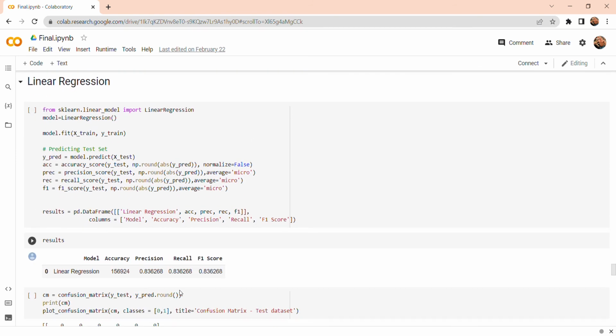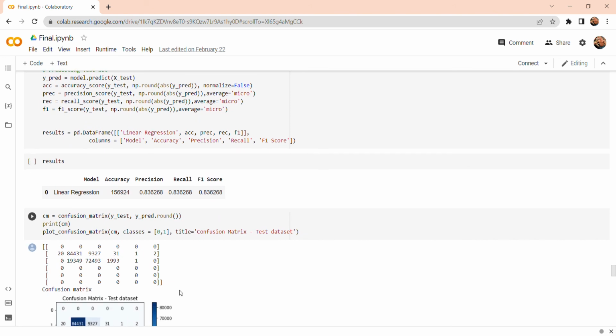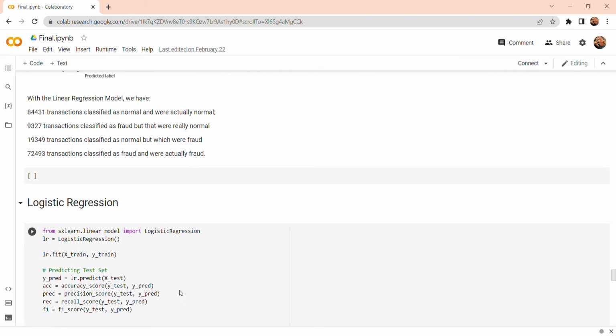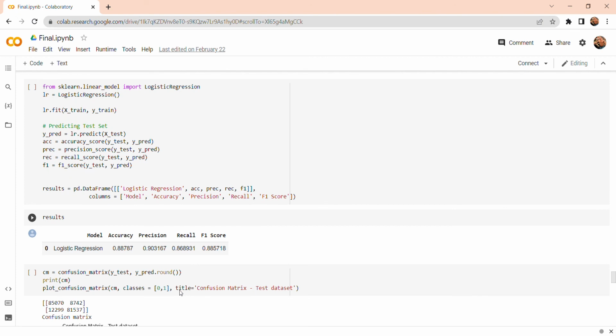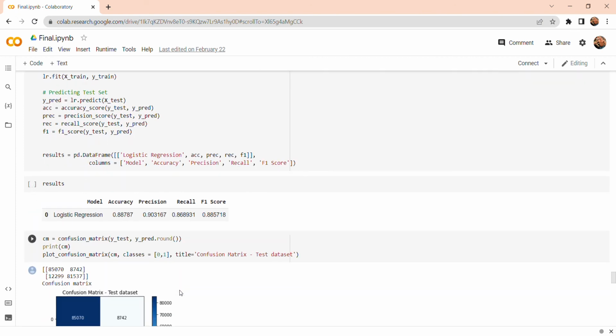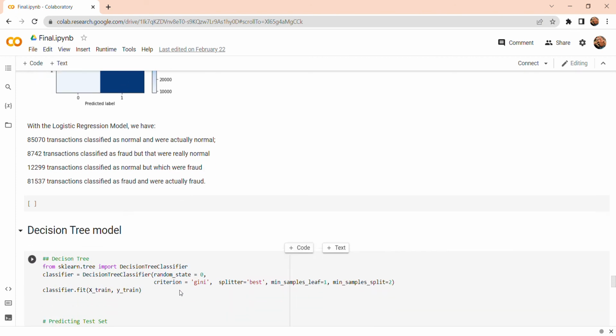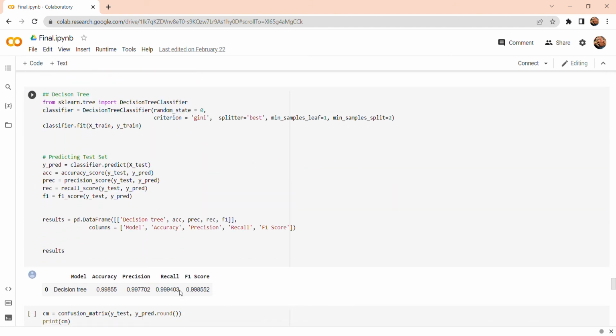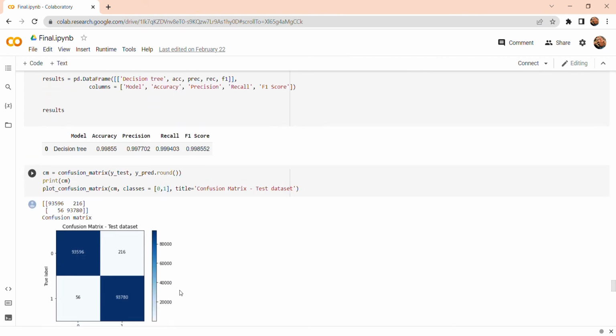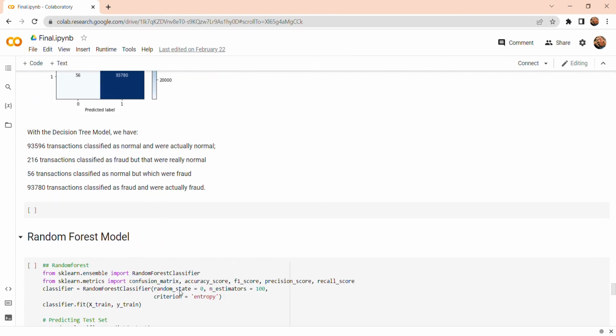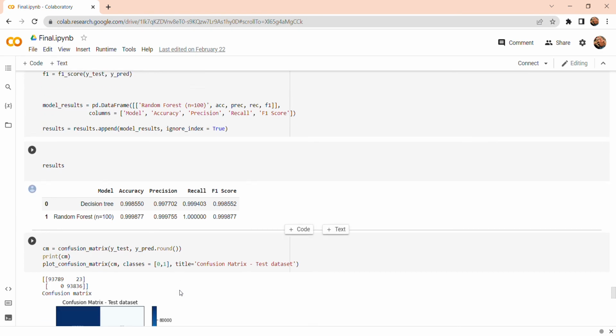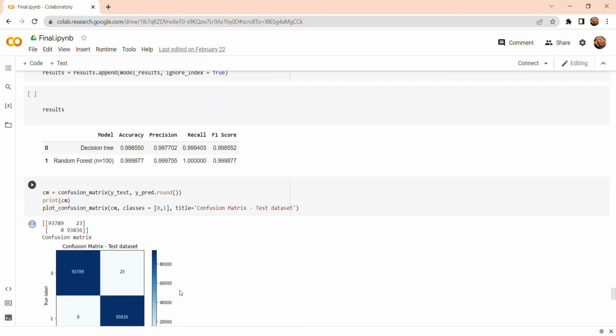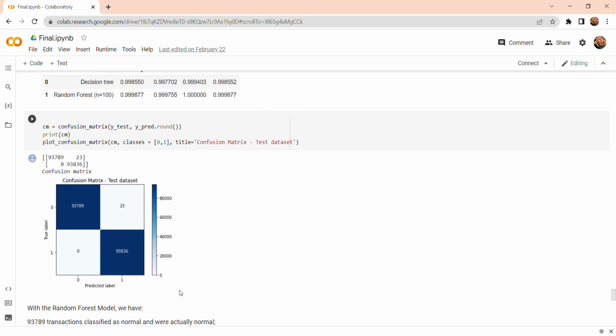Now we are doing linear regression here, and as you can see the accuracy and precision will be better in logistic regression, that is 88%. That was better than linear regression, which was 71%. Now we'll be doing the decision tree model, which has an accuracy of 0.99%, almost equal to 1, or you can say almost equal to finding non-fraud and fraud cases. And in random forest we can say that our project here is able to find the fraud cases among non-fraud ones,